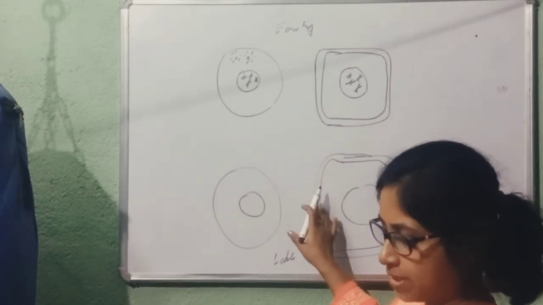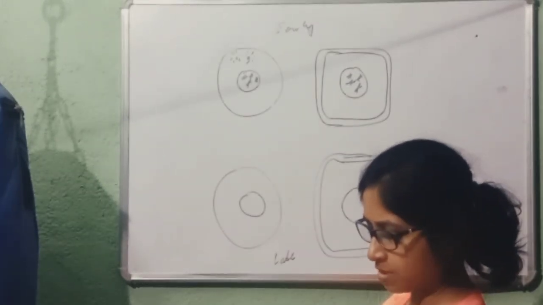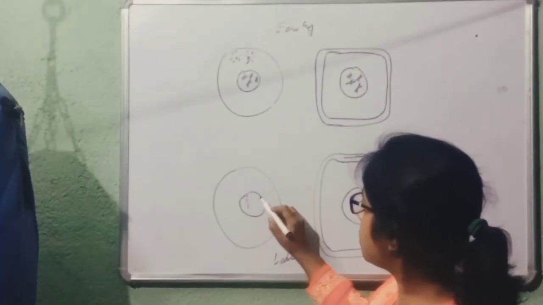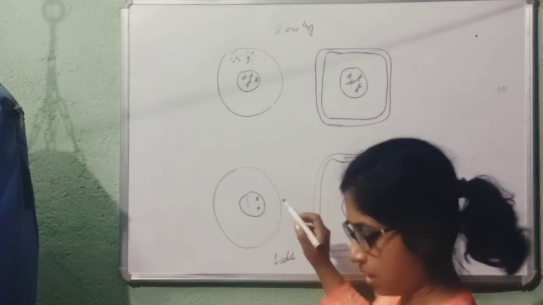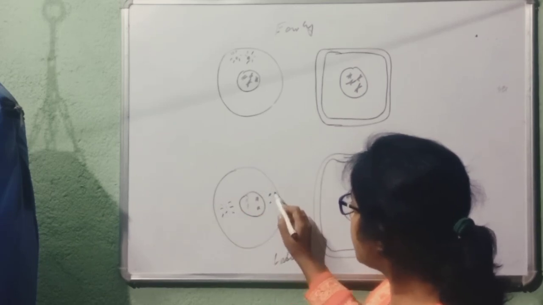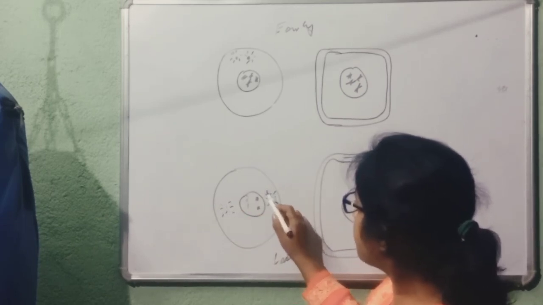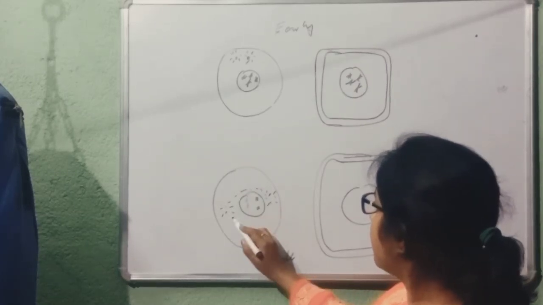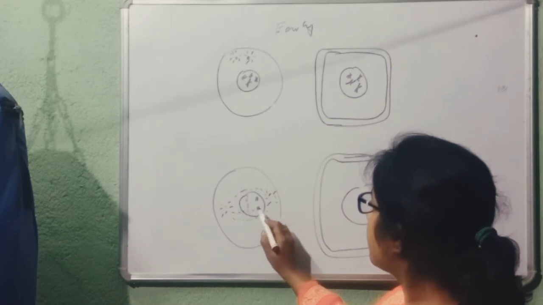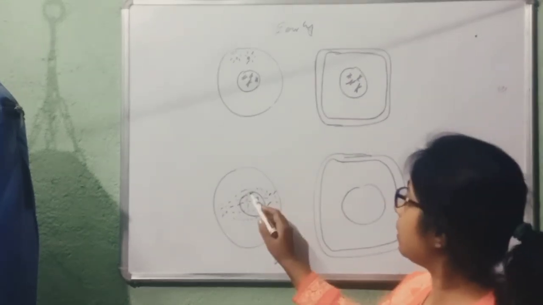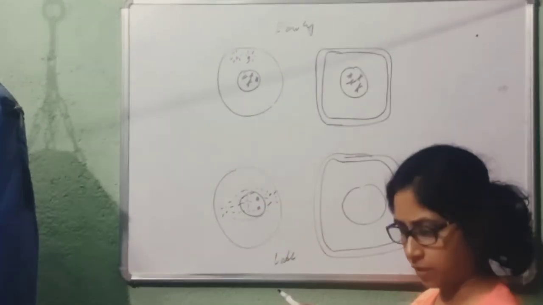In the later prophase, these chromosomes become more distinct. ये chromosomes और distinct हो जाते हैं और properly visible हो जाते हैं. And the centrioles start moving towards the opposite poles. और जो दो centrioles हैं वो opposite poles में move करना start कर देते हैं और धीरे धीरे एक connection centrioles और chromosome के बीच में, और ये जो nuclear membrane है वो धीरे धीरे dissolve करना start कर देता